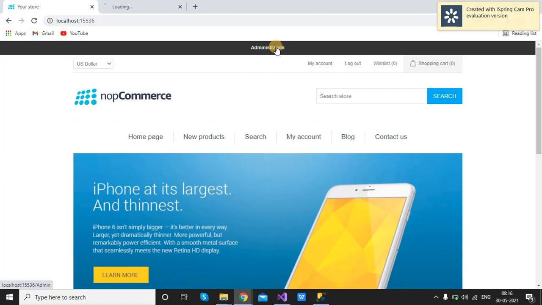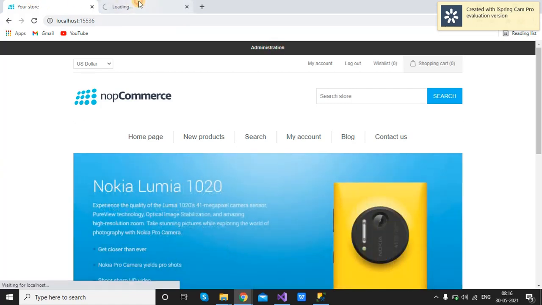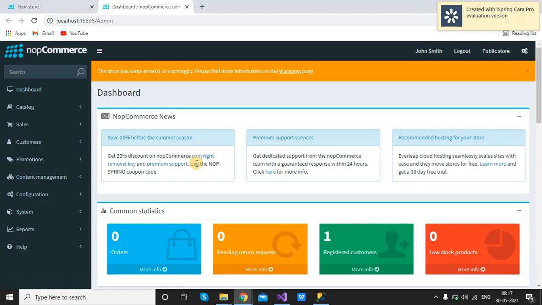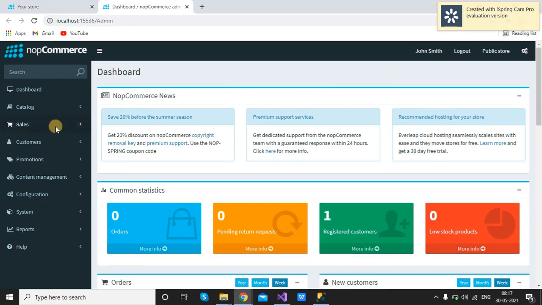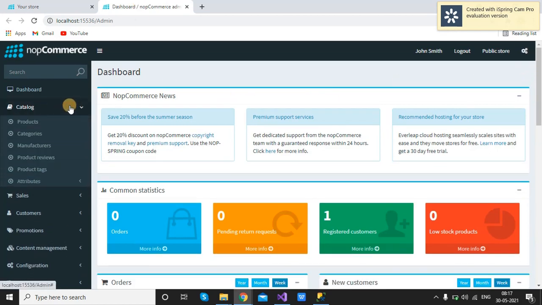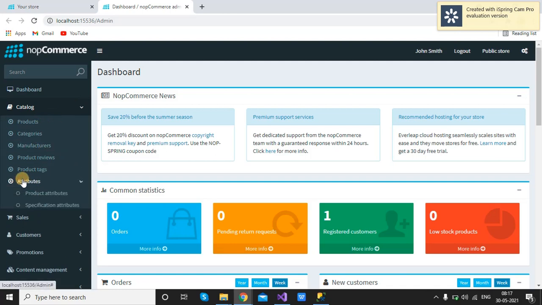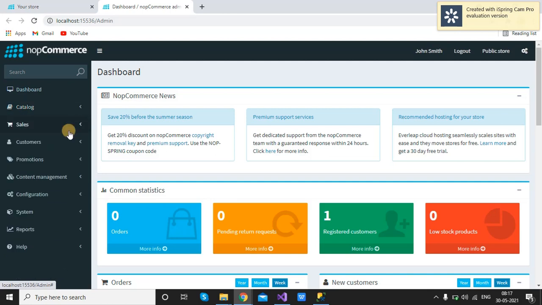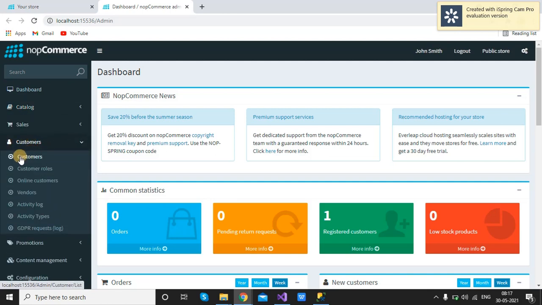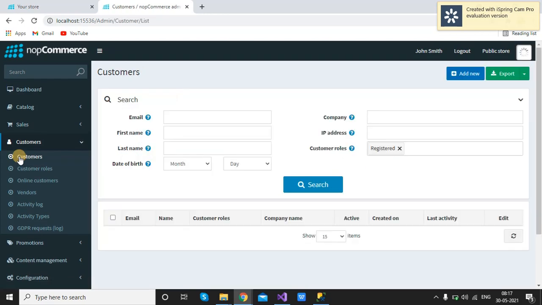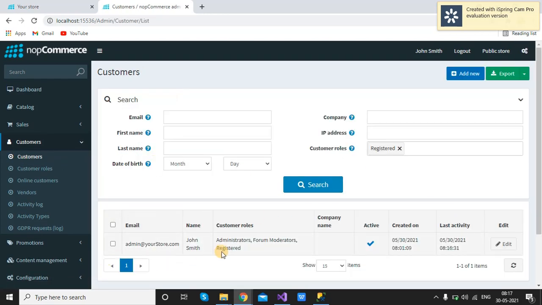Right now we will see the administrator part also. So click on the administration, and we will see the backend site over here. This is the backend, so you can check all the core menus over here, like catalog, then product, category, manufacturer, attributes, then customers. You can check the customer we just created, it will display in the customers. You can edit it according to your use.